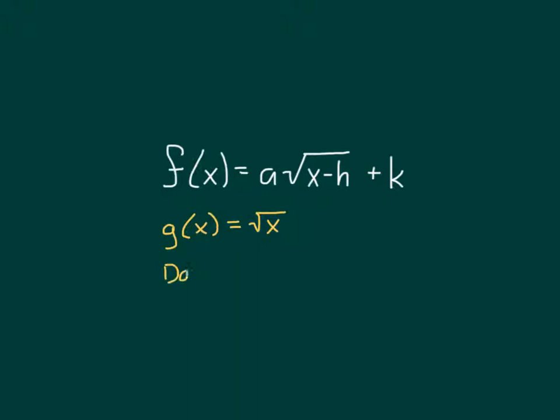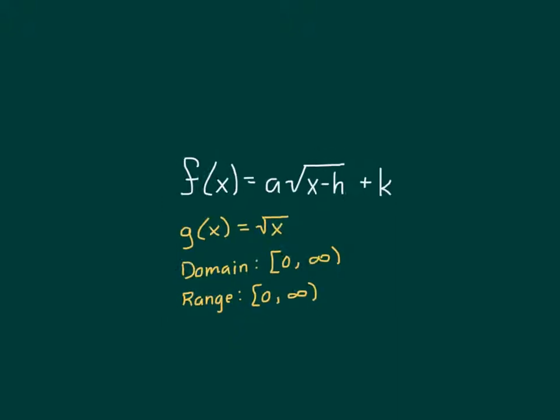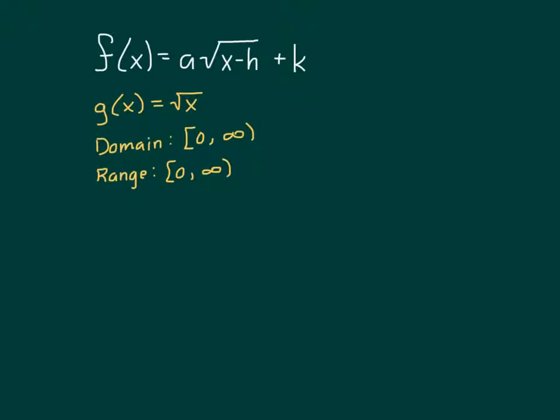The domain for this is 0 to infinity. The range is going to be the same thing, 0 to infinity. Now, the reason this works out that way is if we graph g,